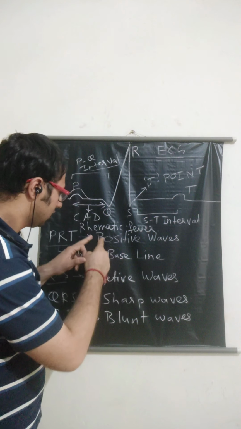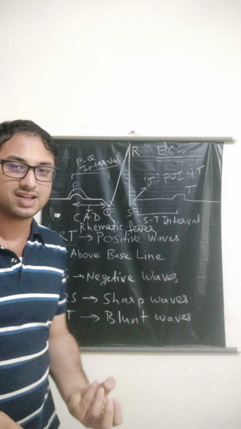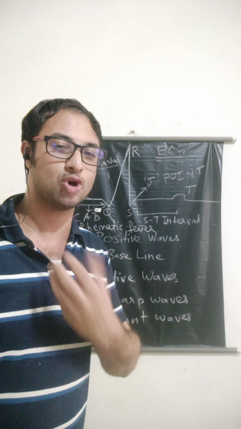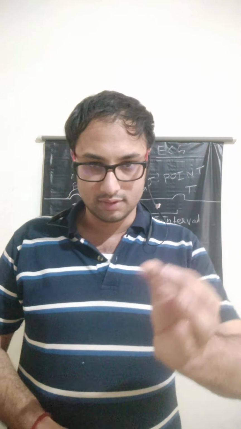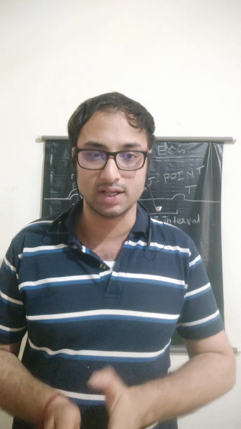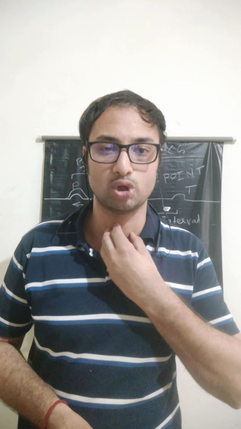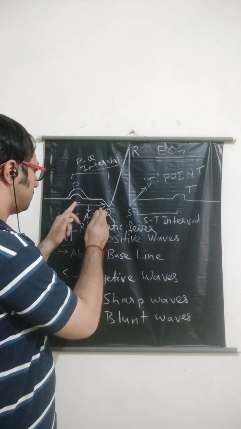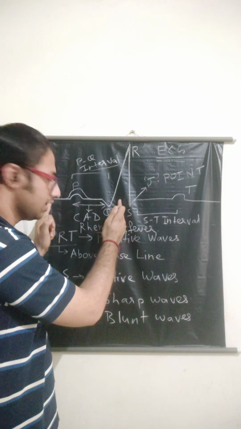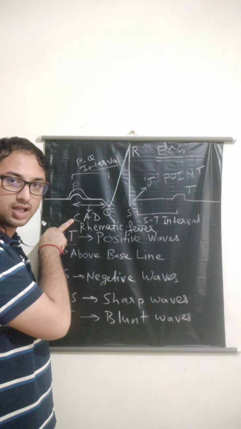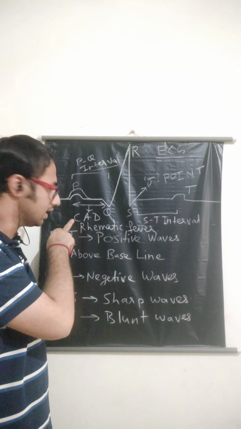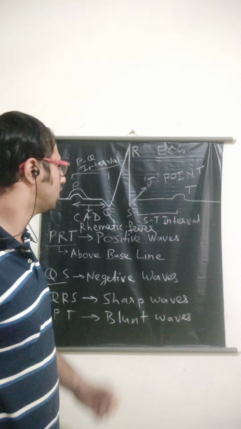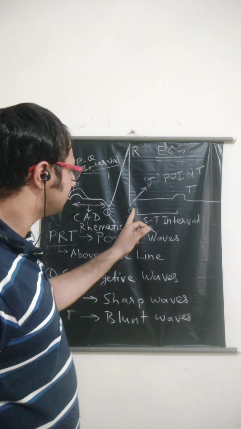And the second is rheumatic fever. Rheumatic fever is an acute sore throat which is caused by bacteria that belong to the family of Streptococcus. Mainly because of Streptococcus bacteria that sore throat takes place, and if it is not treated at an early stage, it can cause very serious damage to your heart as well as the valves of the heart. So that is rheumatic fever. So if this PQ segment interval is lengthened, there is a chance of either coronary artery disease, atherosclerosis, or rheumatic fever. Clear up to here?